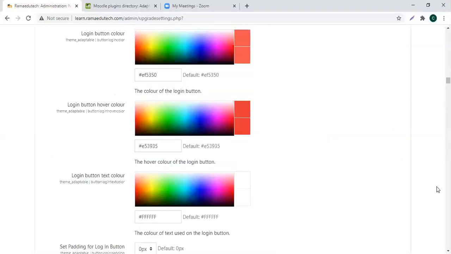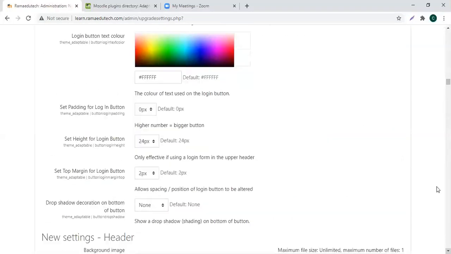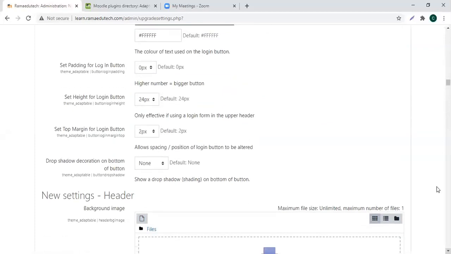These are all related to colors. And then there is set padding for login button. What is padding and spacing? There are two things. Set top margin. Margin is spacing, and padding. What padding does is that suppose you have this box in a table.